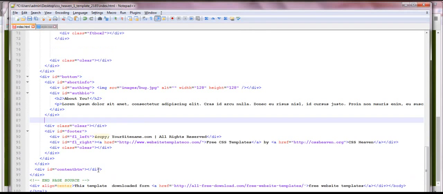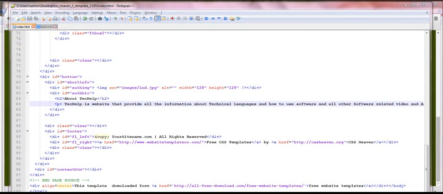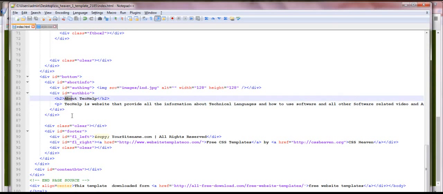Yes, now I have placed an image. Here I placed the logo of Tech Help, and then about Tech Help, and I wrote a few comments about the Tech Help website.